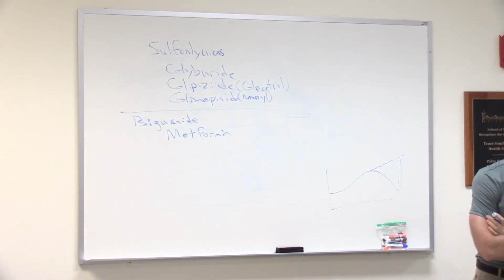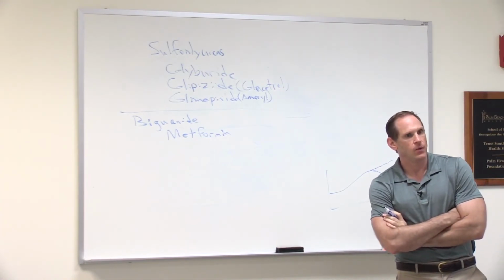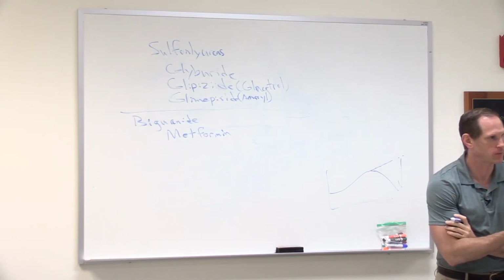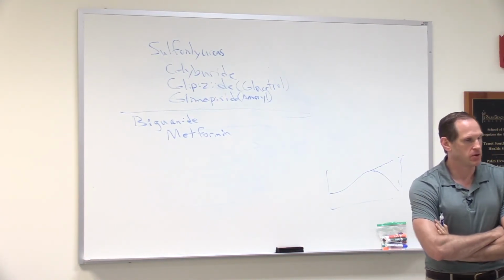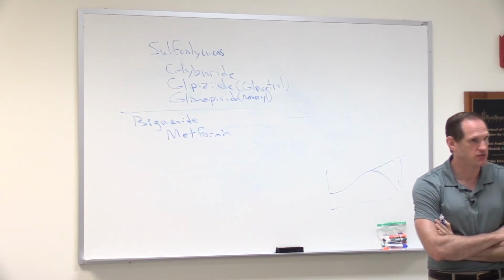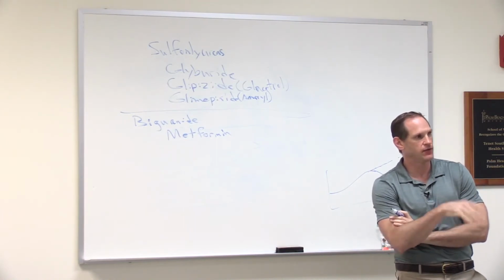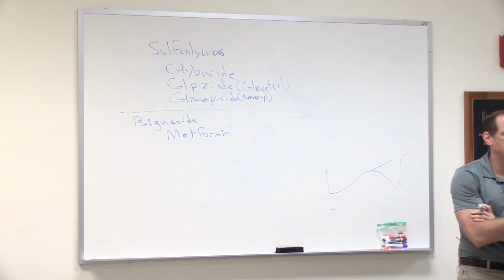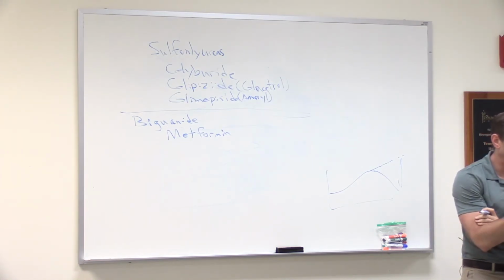So metformin works in multiple ways. One of the things it does is it decreases the amount of blood sugar being secreted by the liver. So remember, your liver is a storage place for glucose in the form of glycogen, and when you need it, your liver will release it by doing glycogenolysis. And sympathetic response causes glycogenolysis, and so does,